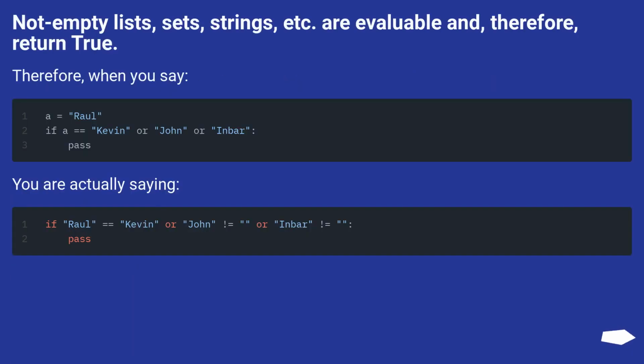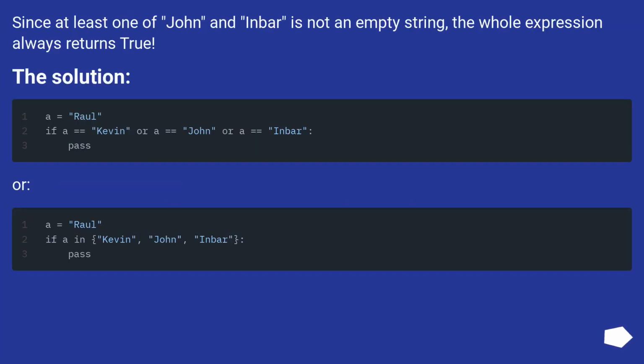Non-empty lists, sets, strings, etc. are evaluable and, therefore, return true. Therefore, when you say, you are actually saying, since at least one of John and Inbar is not an empty string, the whole expression always returns true. The solution. Or